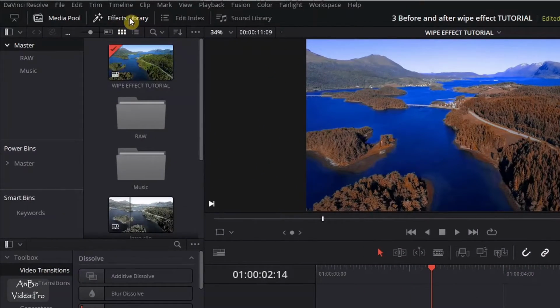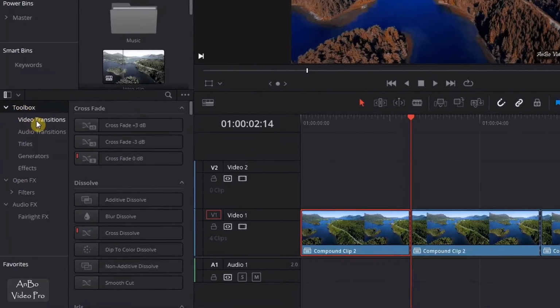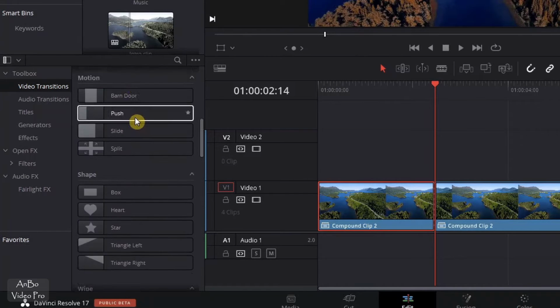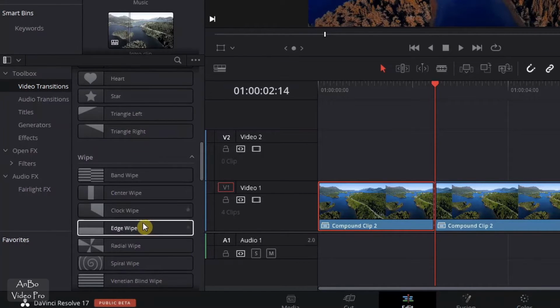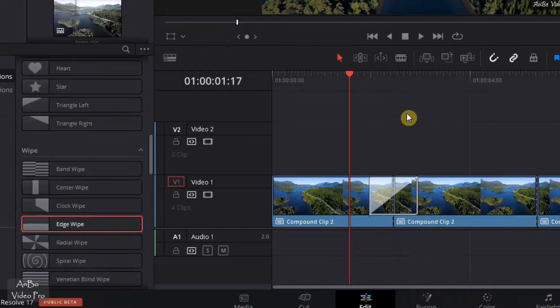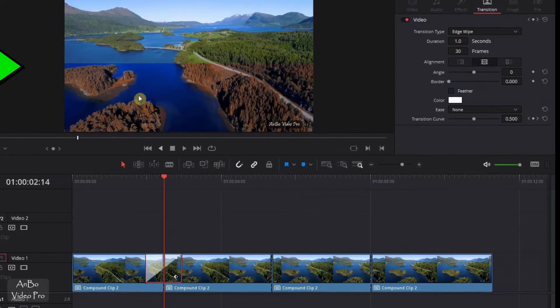Go to the effect library. Go to the toolbox. Then click on the video transitions. Find the vibe section. And then select the edge vibe and drag it to the first cut. Like this. Place the playhead in the middle of the cut, in the middle of the vibe transition to see